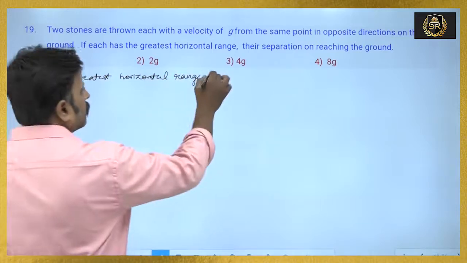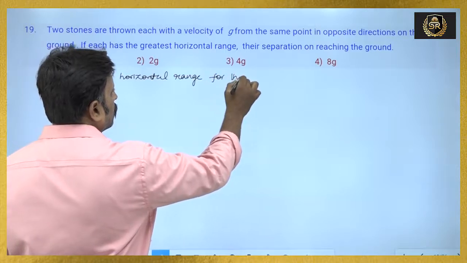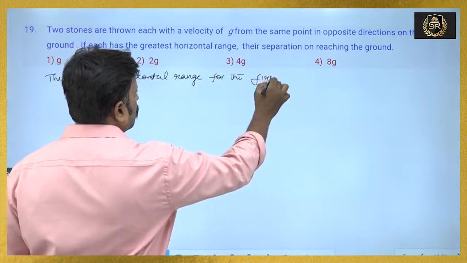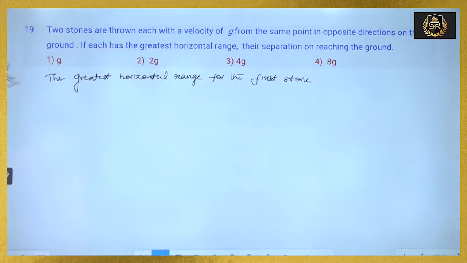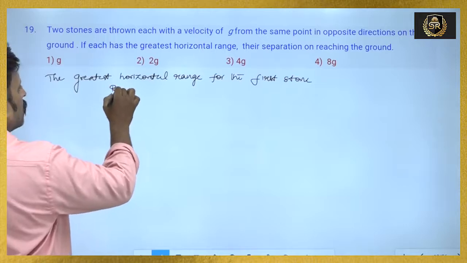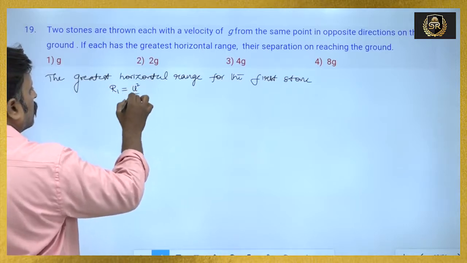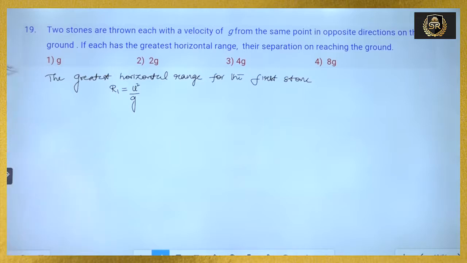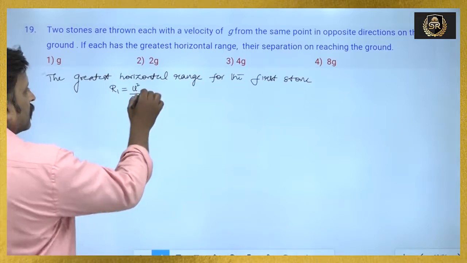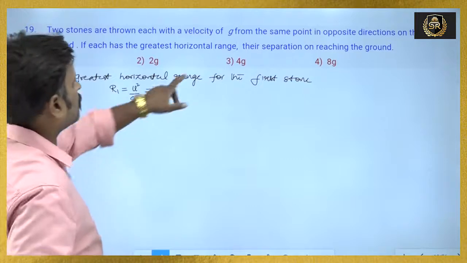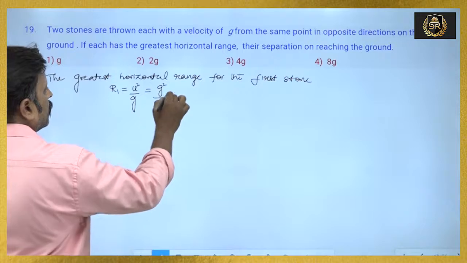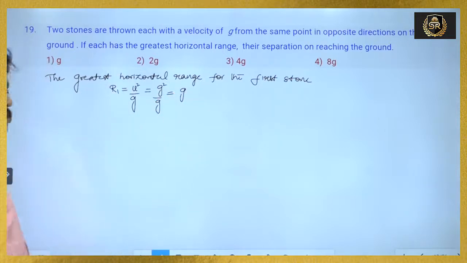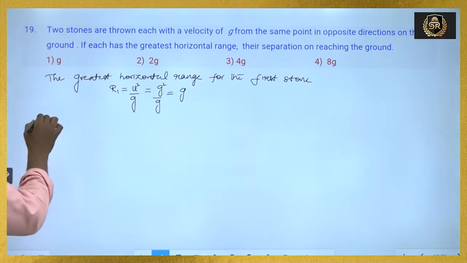For the first stone, R1, the formula for maximum range is u square by g. That is, what is the velocity of projection given? g. So g square by g. Maximum range for the first one is g. Greatest horizontal range